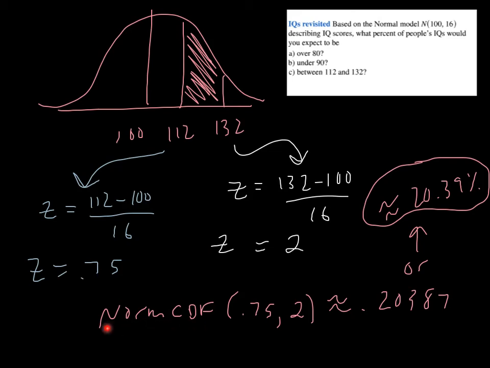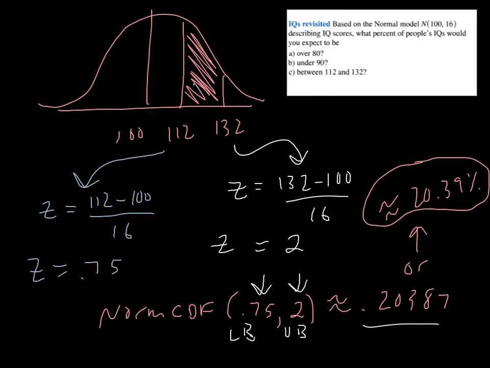Now again, going into my calculator, norm CDF, the calculator wants a lower bound and an upper bound. It doesn't care if infinity is involved or not. I just need an upper bound and a lower bound. Now, because there are finite boundaries on this particular problem, there's no infinity, or no 10 to the 99. So the lowest value is the z-score associated with 112, and the highest is the z-score associated with 132, which gives